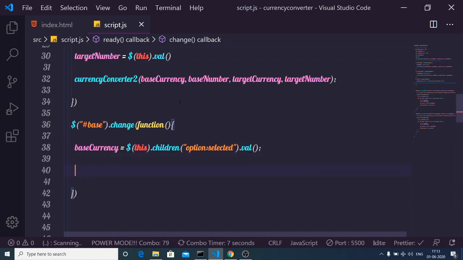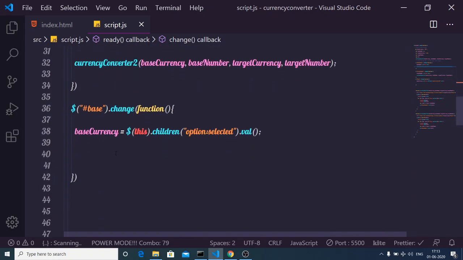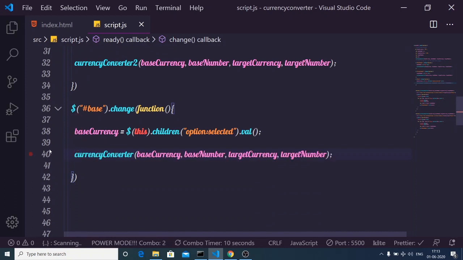And now we again want to call this currency converter function once again. So we can copy paste this line here. That's it. Now we just need to do this for the target drop down as well.